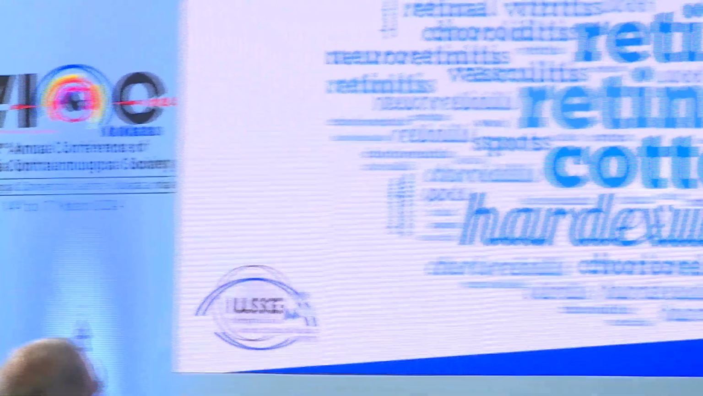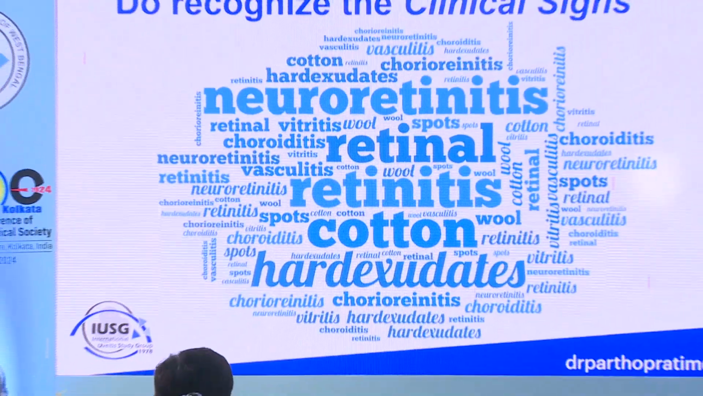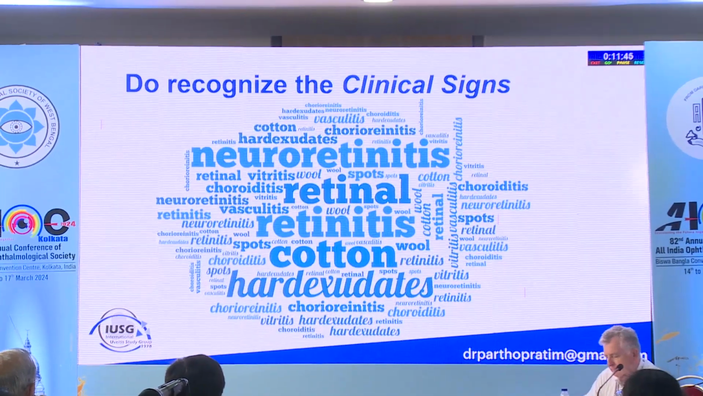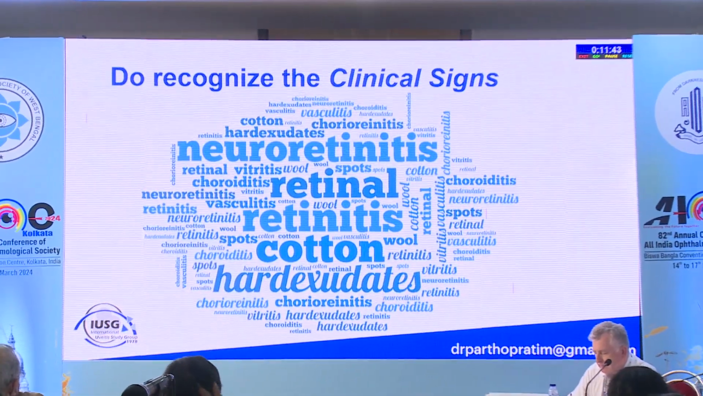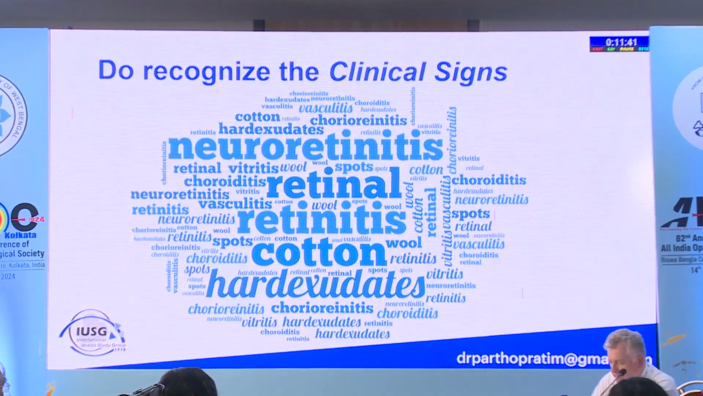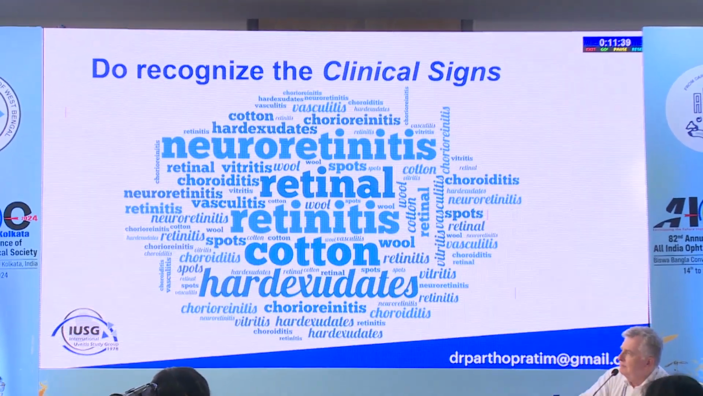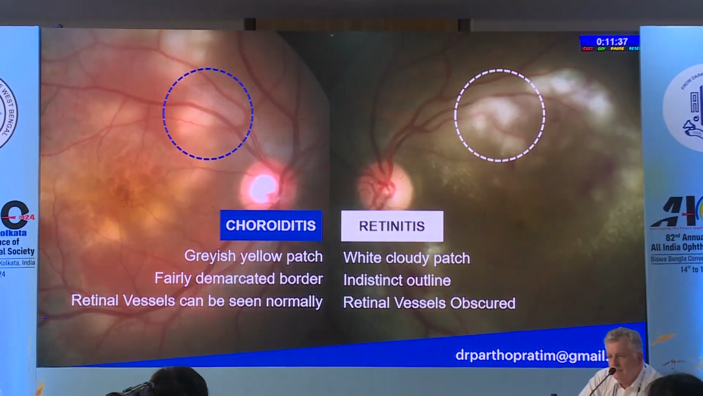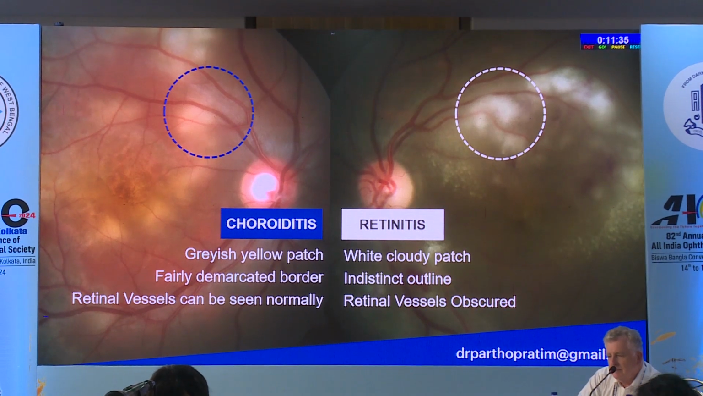So I'll be giving a comprehensive overview for the comprehensive ophthalmologist. When you are dealing with a case, first you need to recognize the clinical signs, and it can present with various clinical signs, like retinitis. But being an ophthalmologist, you must not miss the retinitis. For those who are not very familiar, I'll give a tip on how to differentiate between choroiditis